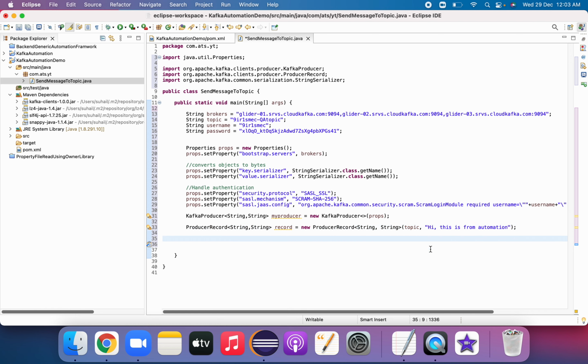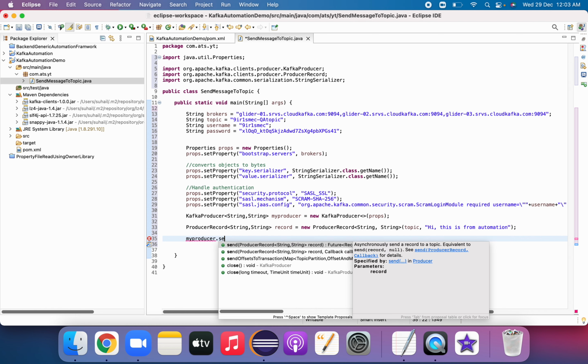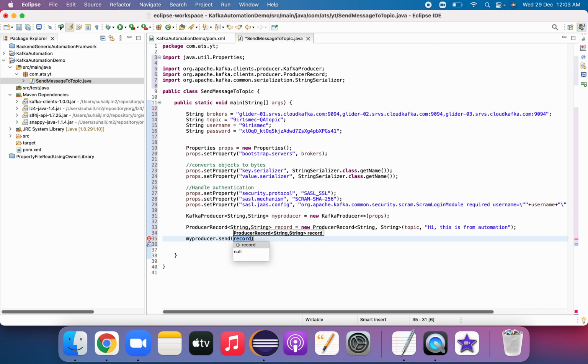Now I have to send this message, right? Using this producer variable, I'll say send, and I'll use this record variable. Once we are done with this, I have to do two steps here. We have to flush this producer, and I have to close.